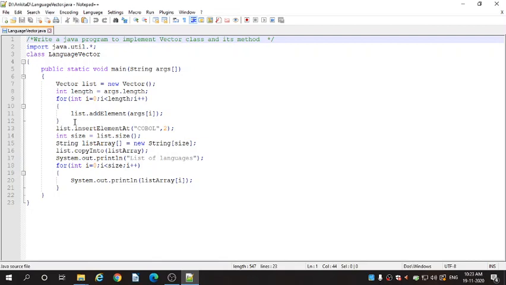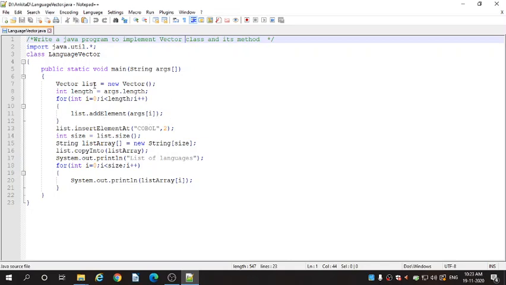Then in the for loop we are adding the elements into the list, that is list.add(args[i]). i is the index of that element that is checked by this for loop. In the for loop we have written int i = 0, i is less than length, that is i is less than 4. Then it will add the element into the list, that is the first element args[0].